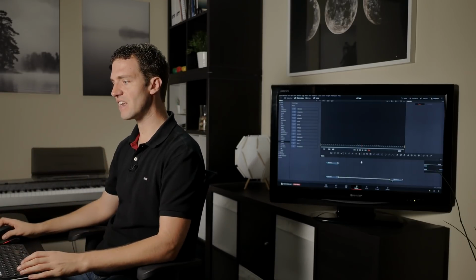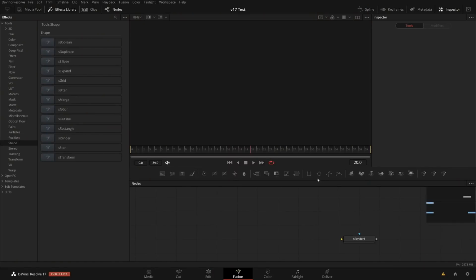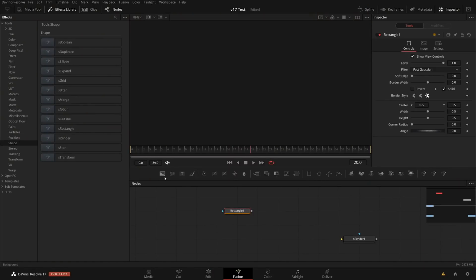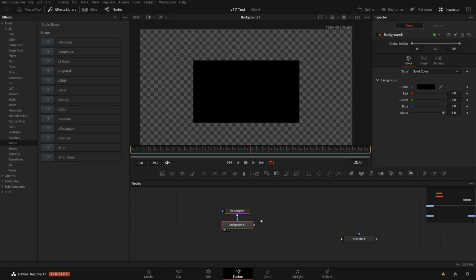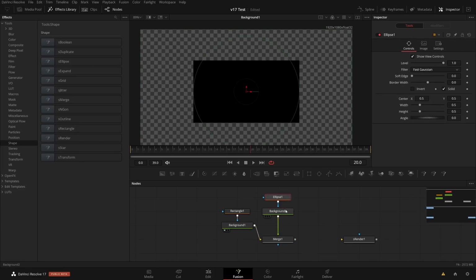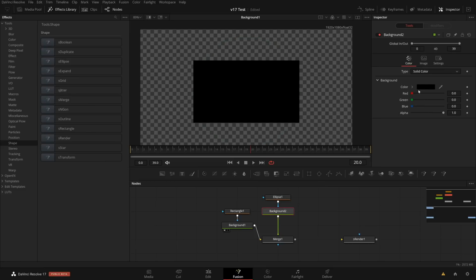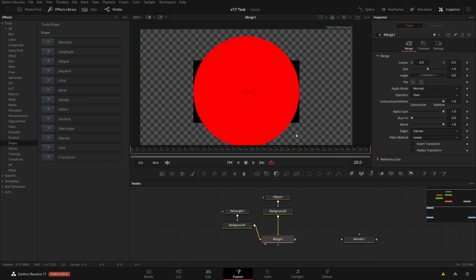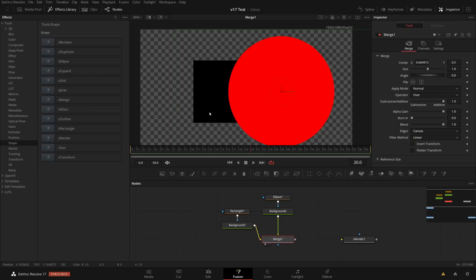But here's this thing. Let's say you want to paint with polygon tools. So let's say you take a rectangle and you can attach it to a background node to get, let's say, a black box, and I can, you know, merge in a second background node and maybe put an ellipse mask on it and change the color, whatever. So this way you can, of course, also with custom polygons and so on, assemble some graphics.